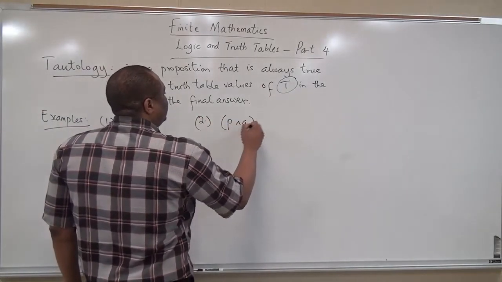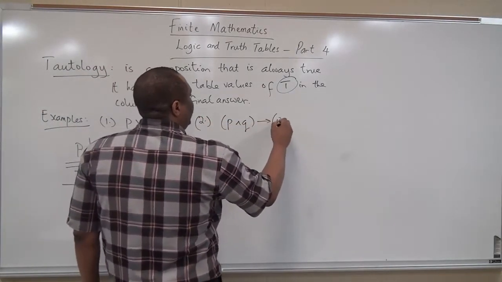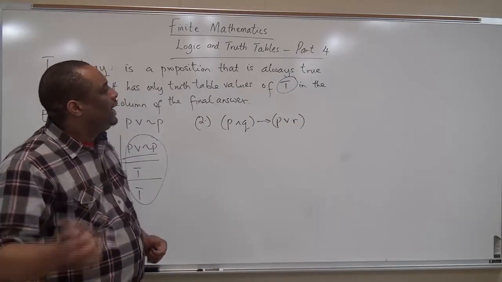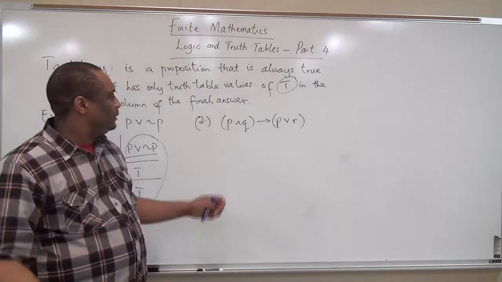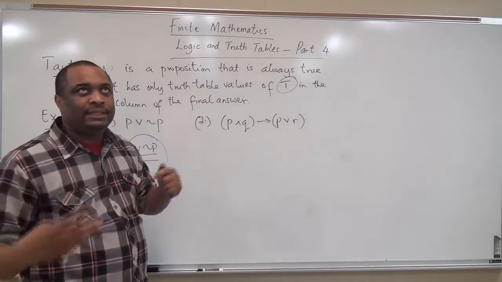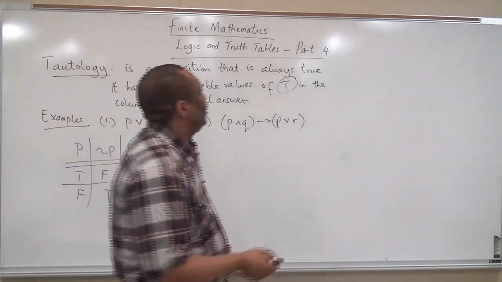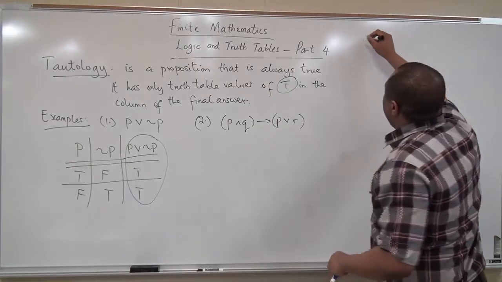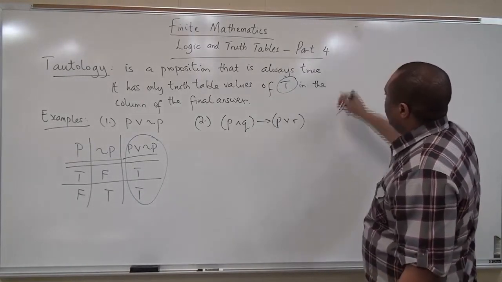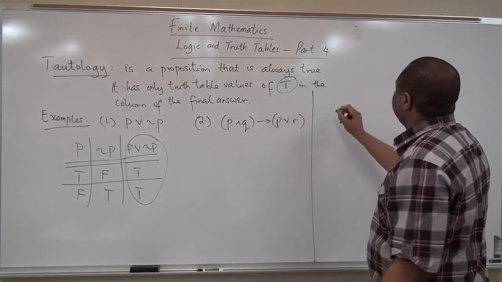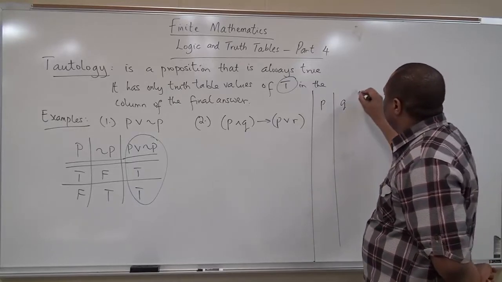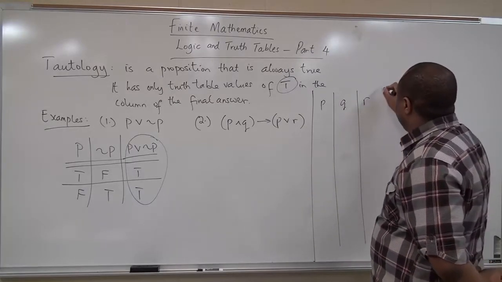All right, let's do another example. P and Q implies P or R. Here we have three statements, P, Q, and R. So the number of possibilities is 2 cubed, which is 8. All right. Now, let's do it right here. We have P, Q, R,